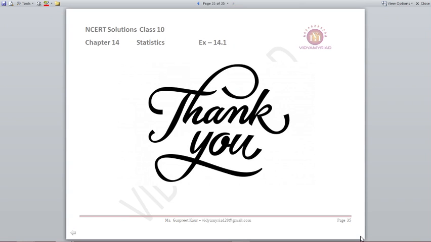That's all for this exercise, children. There are 3 methods. Please understand how each method has been used, where it has been used. If only the xi values are very big as compared to the frequency, use the step deviation method. If your xi and fi values are big, at that time you can use step deviation also, and you can take care of your shortcut method also. But when your xi and fi values are very small and you can do the calculations, in that case you can use the direct method. Please do a lot of practice on this.